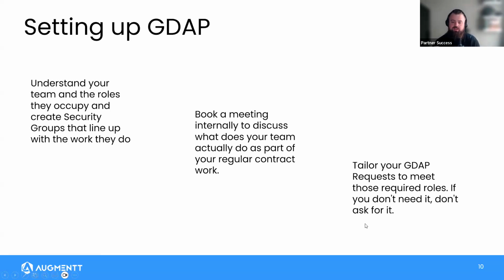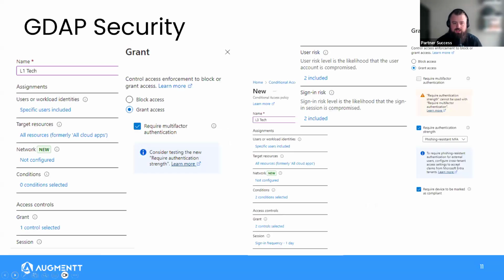So those are the three things to take into consideration when you're setting up your GDAP. When you're talking about the security within your GDAP, a big one is configuring conditional access policies. This is for people who deploy a P1 or P2 license or equivalent in your environment. I have seen some MSPs stick with basic licensing, but really, you want to make yourself a fortress and build defense in depth against attackers